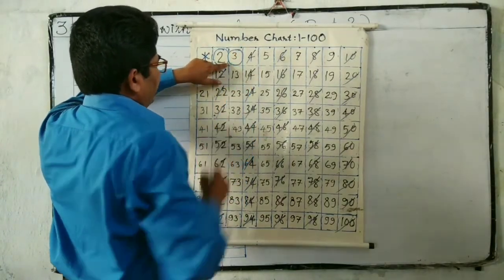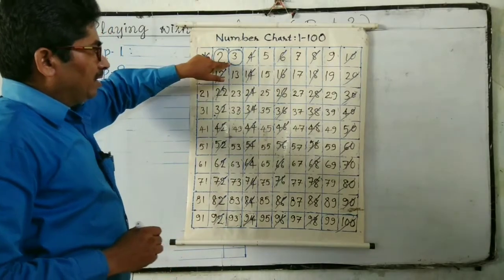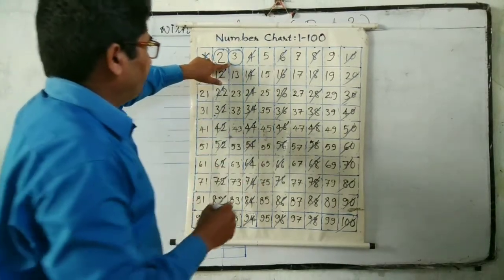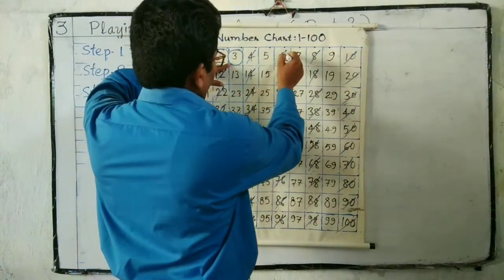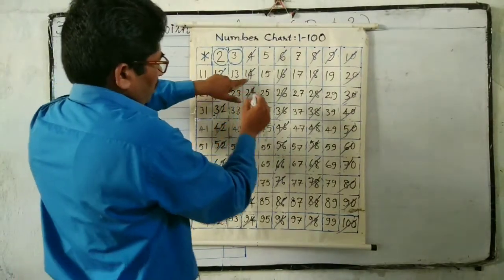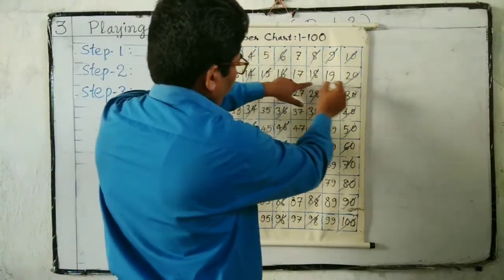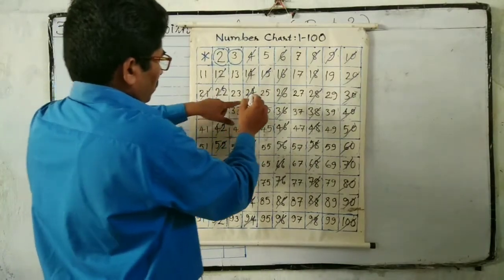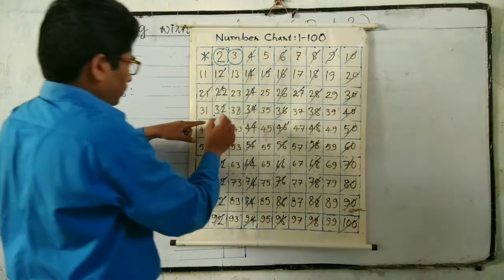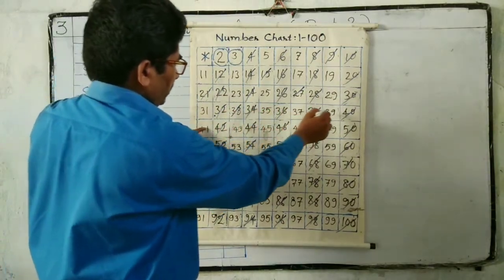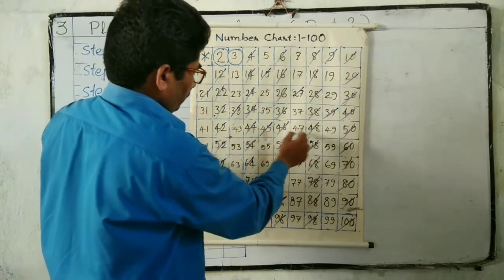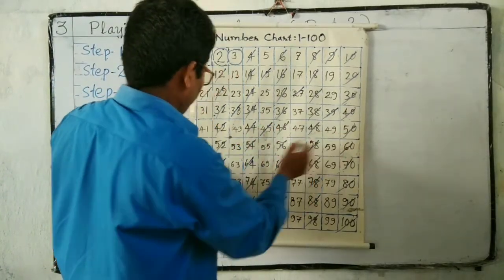Encircle this 3 and cross out all the other multiples of 3: 6, 9, 12, 15, 18, 21, 24, 27, 30, 33, 36, 39, 42, 45, 48, 51,